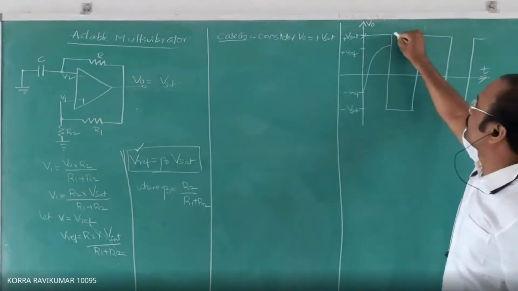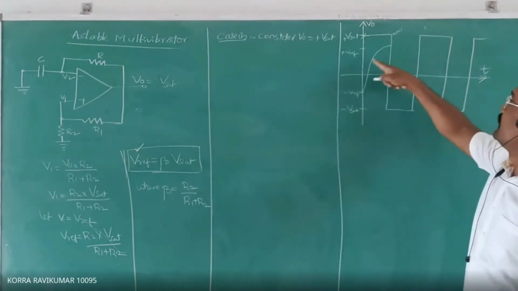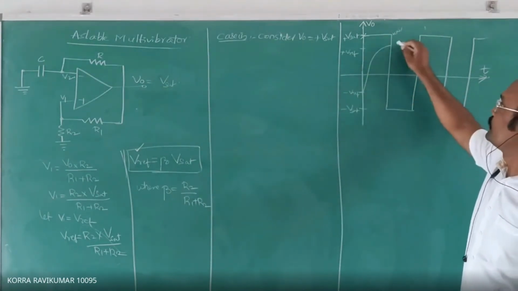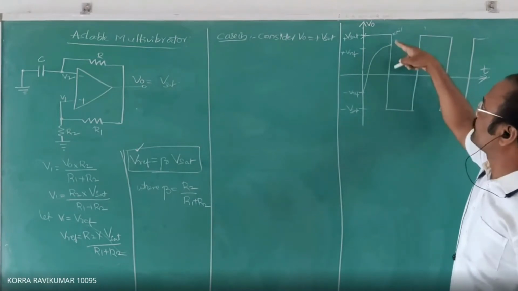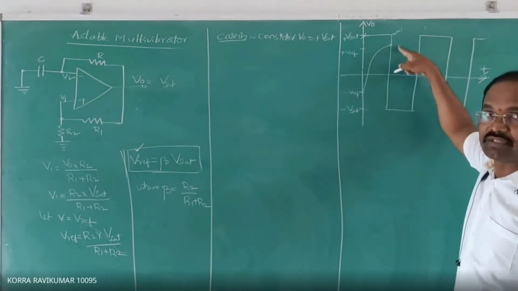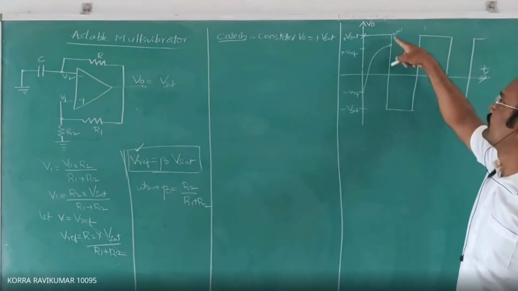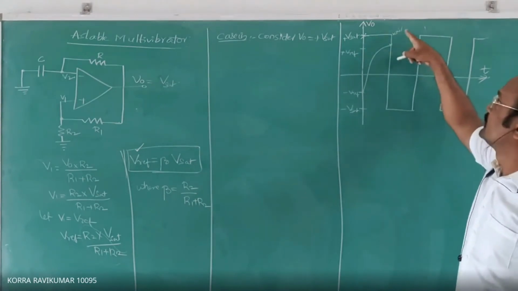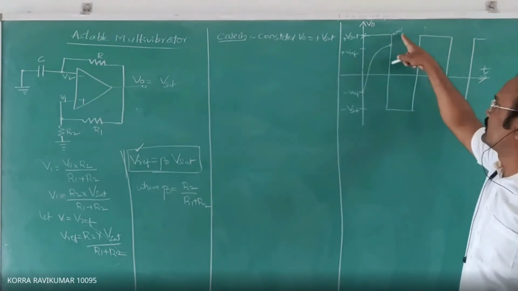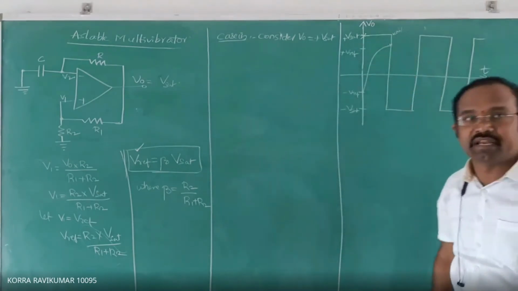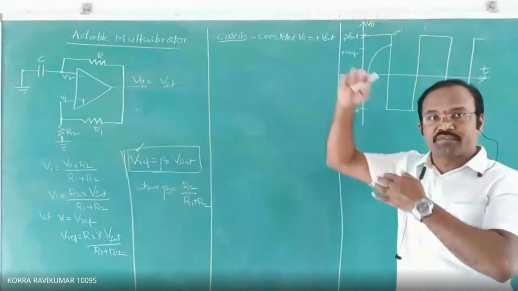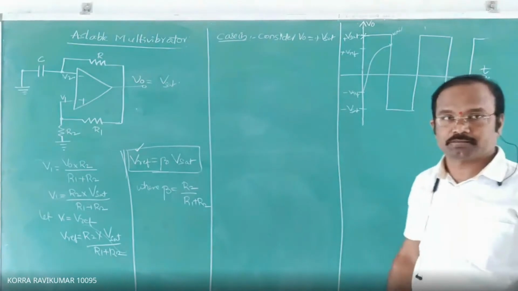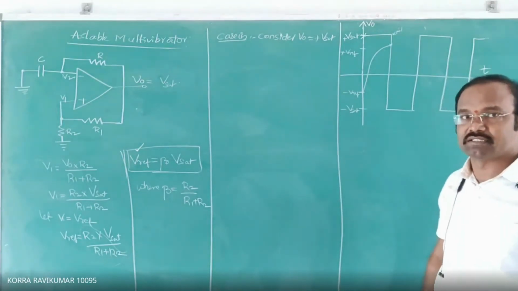Take that as 100%. Then the capacitor gets charged up to 90% of its maximum value. If the maximum is 10, then this is 9. If it is 1 volt, then it is 0.9 volts. If V saturation equals 100 volts, then V reference equals 90 volts. Means the capacitor gets charged to 90% of its maximum value.